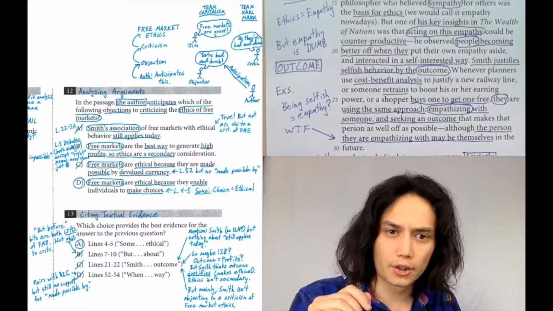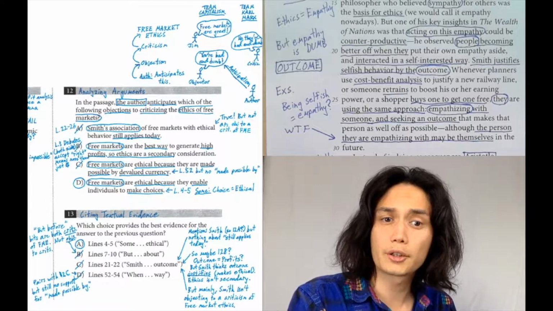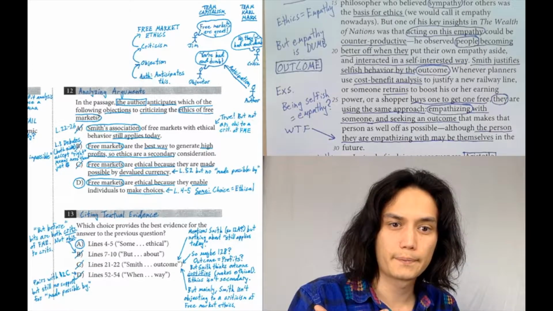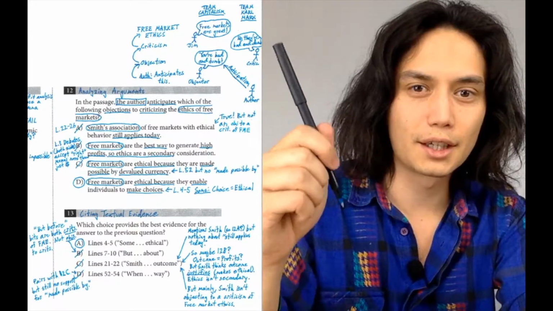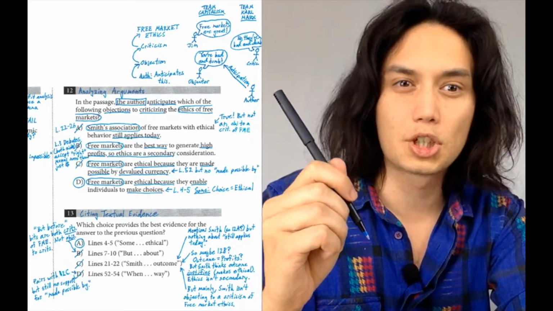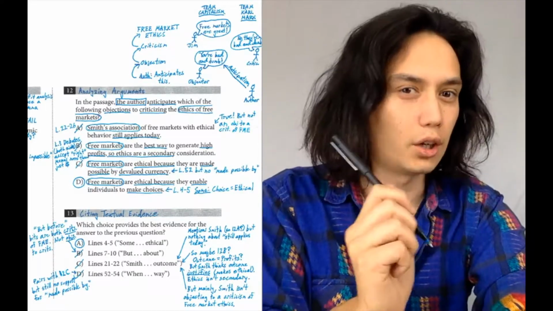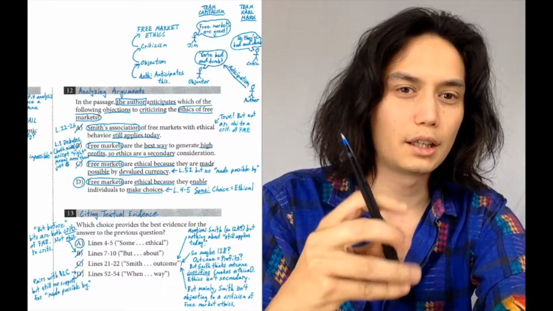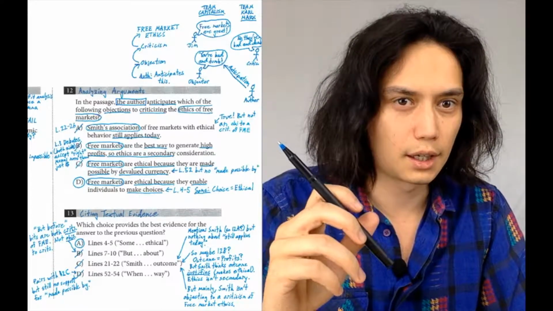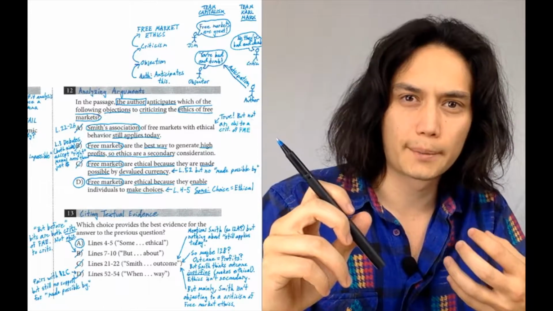Now, it's the author. The author thinks that Adam Smith's ideas are still relevant today. That's why the author came up with all of these examples, to show that Adam Smith's ideas are still relevant today. Now, if it's the author who came up with those ideas, this is an author claim, it can't very well be an objection that the author is anticipating. An objection would be on the other side of the author on this issue. Here we're looking at a claim that the author is just making straightforwardly, and there's the wrongness of answer choice A. It isn't that it's not something that happens in the passage, it's the wrong kind of thing.